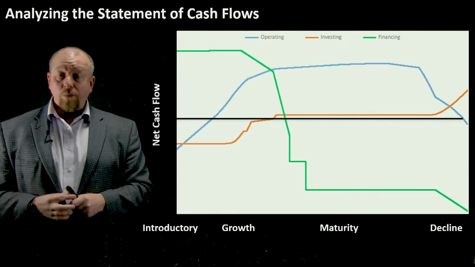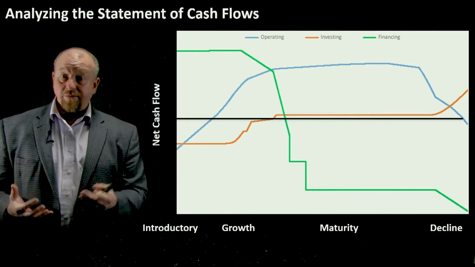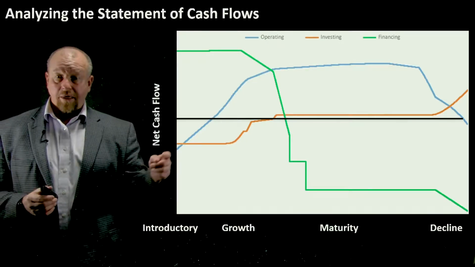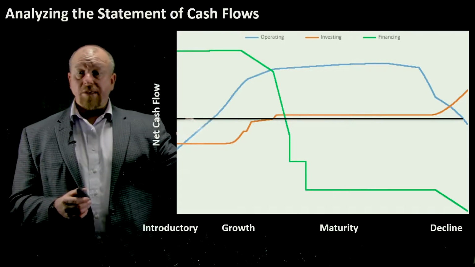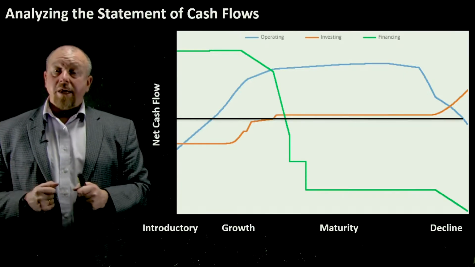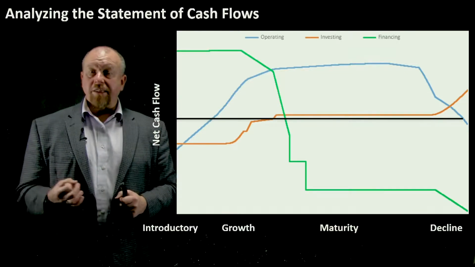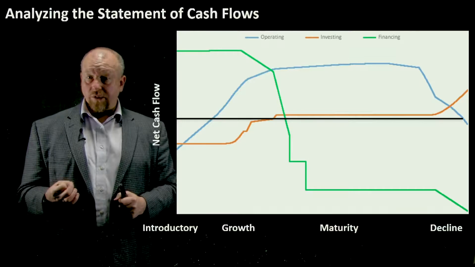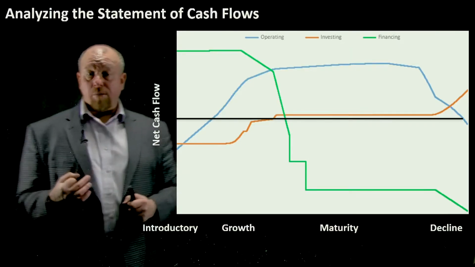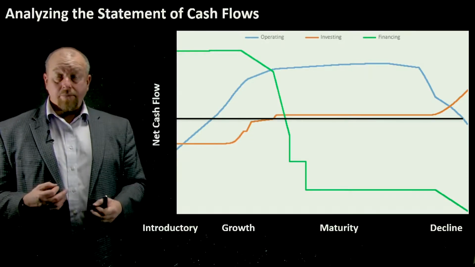And we also hope that the blue line, the operating cash flow, starts to become positive, because ultimately that is going to be essential for a sustained business model. And somewhere during the growth phase, hopefully this line moves into the positive area. Now, as we do that, what you're seeing with the green line is we need to rely less and less on outside financing sources. We may not need to issue more stock. We may not need to borrow more funds. So eventually what's going to happen is that financing line becomes zero.